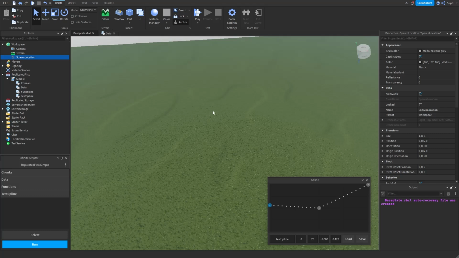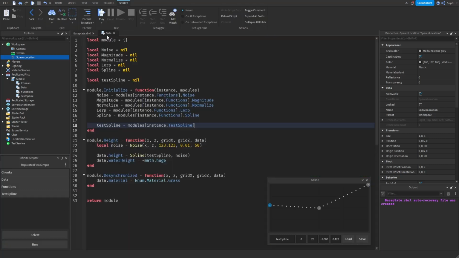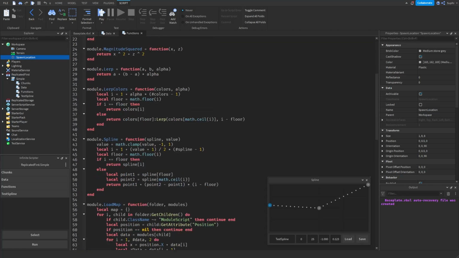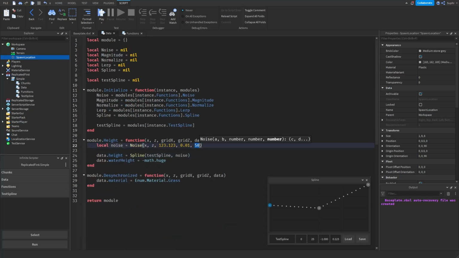So let's work out why it's looking like this. The spline function will clamp the noise value between -1 and 1. And we can see this if we look at the functions and go to spline, we can see it's clamping the value between -1 and 1. So even though we have a magnitude of 50, this spline function is clamping the noise down to -1 and 1. So let's reduce the magnitude to 1, and let's multiply the spline in order to have the magnitude of